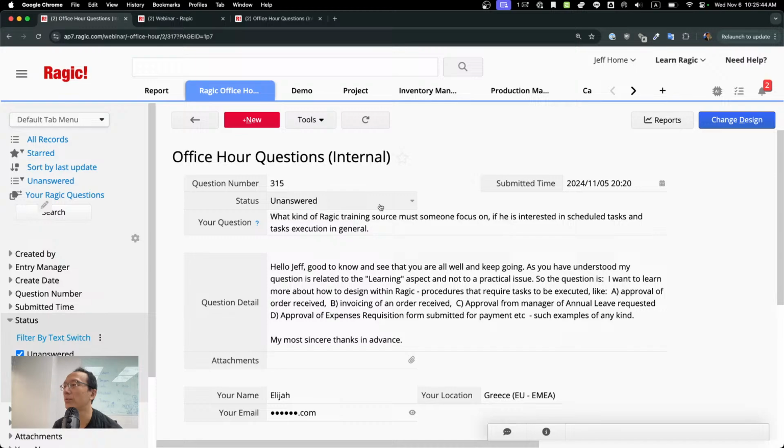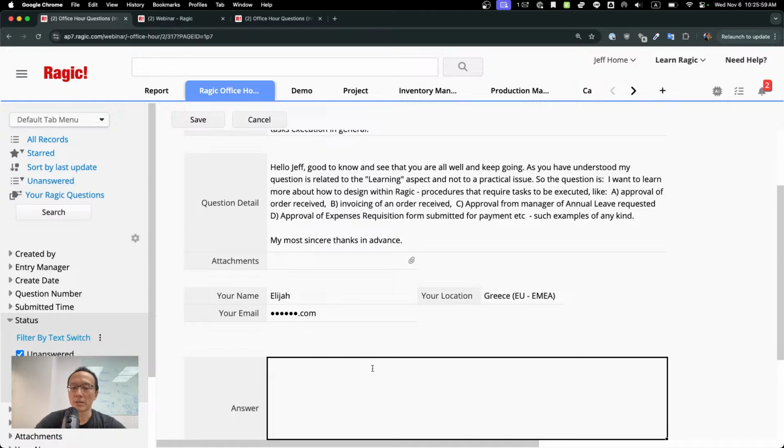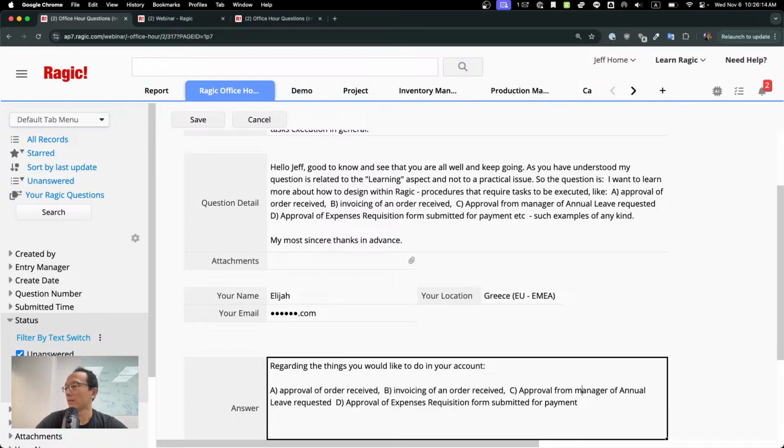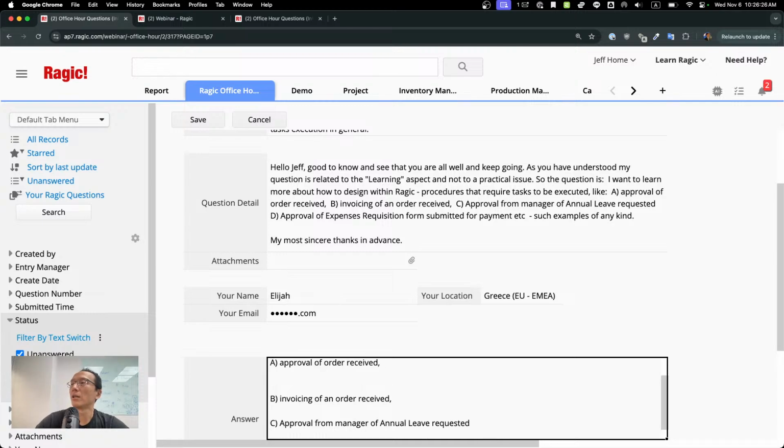For the samples that you provided, I can provide you with some documentation on what I think will be relevant to these features. So I'm gonna copy paste here first. Okay, regarding the things you would like to do in your accounts. Approval of order received. Okay, mostly for approval, you could just take a look at our